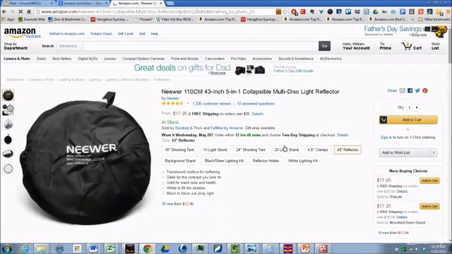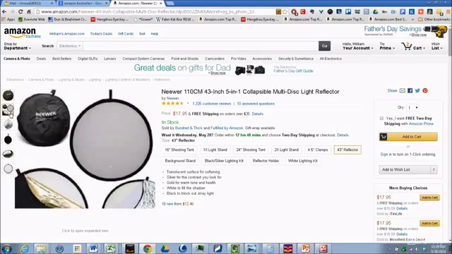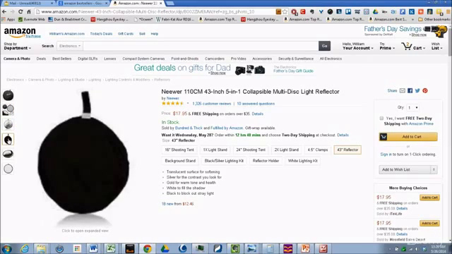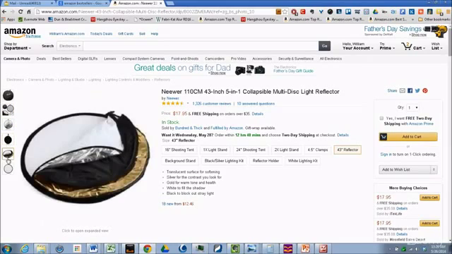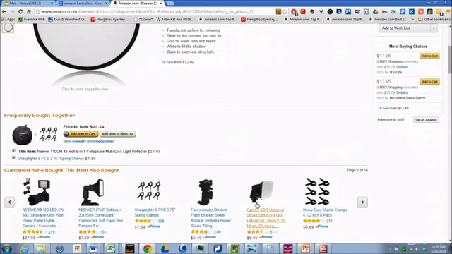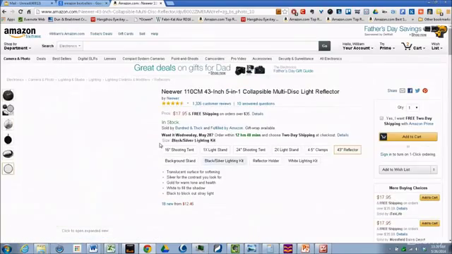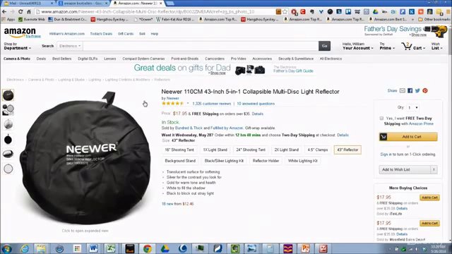collapsible multi-disc light reflector. This right here, I like it because it's big and it's flexible. In other words, I can bend it and I can package it and it won't be very heavy. Actually, I want to check to see if I can bend it because it looks like I might not be able to. So let's look at a little bit more information on it. It's about 2 pounds, so it's within my range. So I'll copy that for now because it looks like I can bend it, that it's flexible and can be